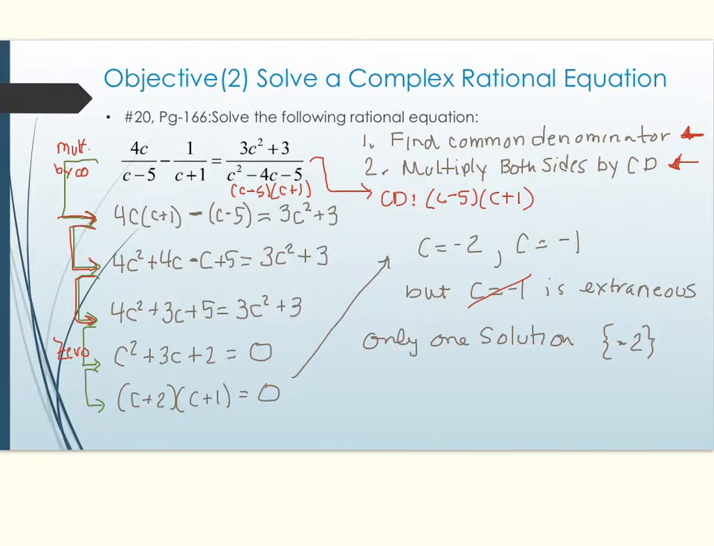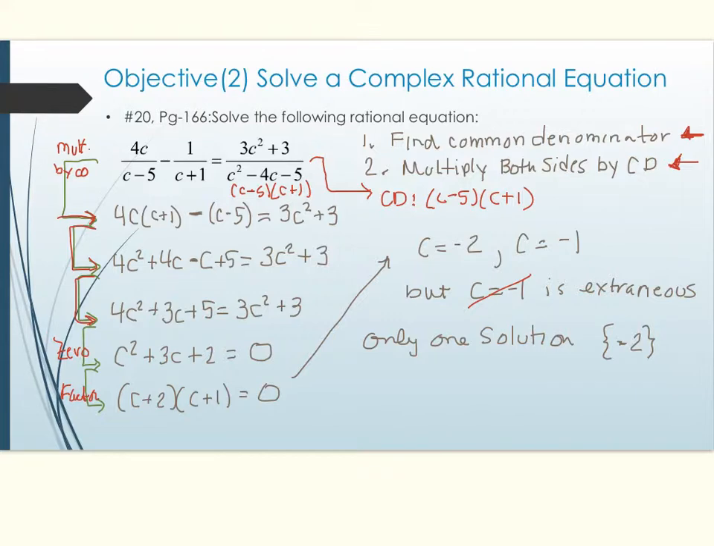So we're going to move everything over to the left side of the equation. So we get c squared plus 3c plus 2 is equal to 0, and then we factor. And in this particular case, our factors are c plus 2, c plus 1. And when we set those factors to 0, we get c is equal to minus 2, c is equal